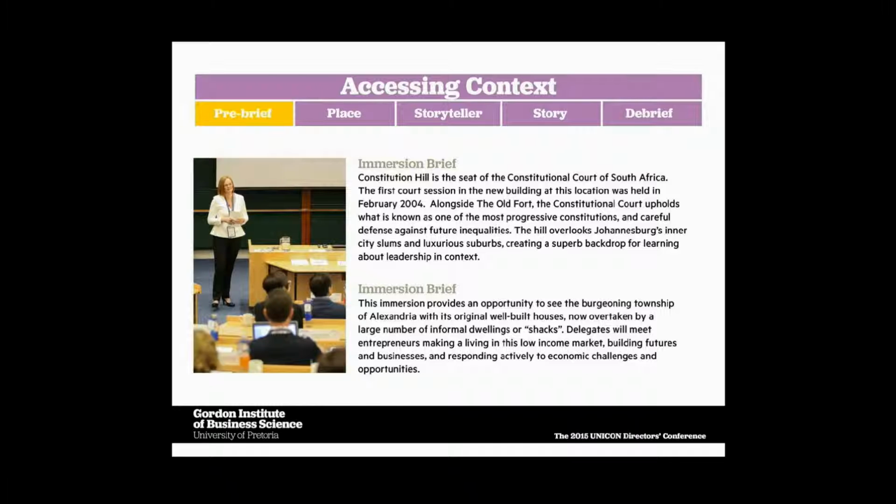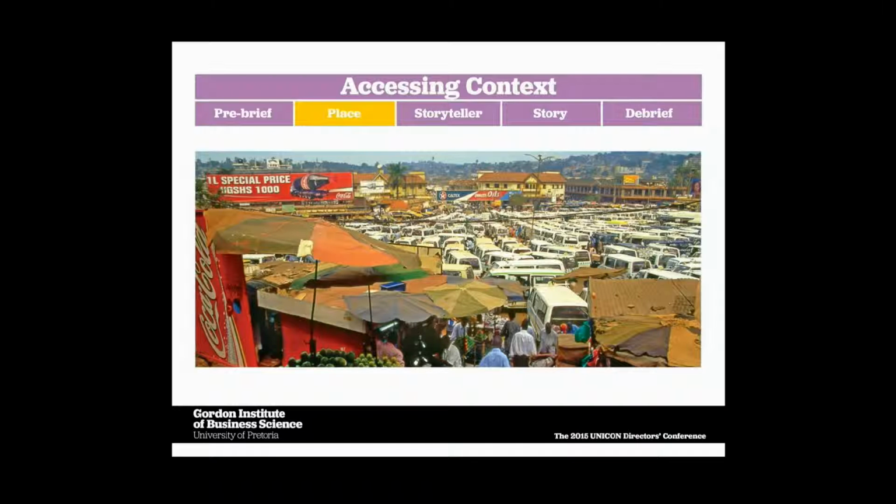The second part of accessing context as a process is place. Now, we spent a lot of time choosing places for our delegates to go to, and this is a fairly nuanced thing to have to do. Many of you will take groups to all sorts of places around the world to learn about business and leadership and change. We find that choosing places is very important, mostly because it's got to be a place where people